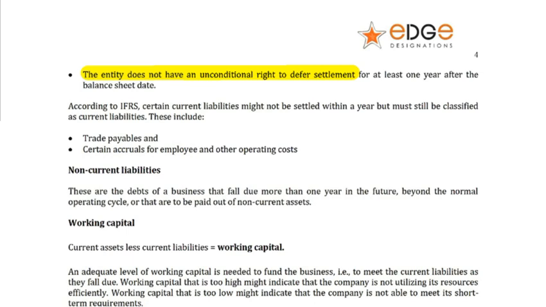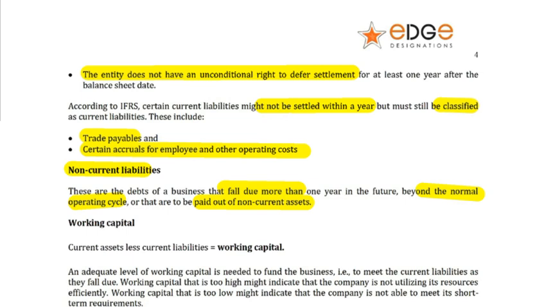According to IFRS, certain current liabilities might not be settled within a year, but even so, they are still classified as current. Things like trade payables and certain accruals for employees, because trade payables are more of a current type of liability. Non-current liabilities are generally those that do not fall due within 1 year from the date of the balance sheet, or those that are beyond the operating cycle, or those that we're typically going to pay out as a result of